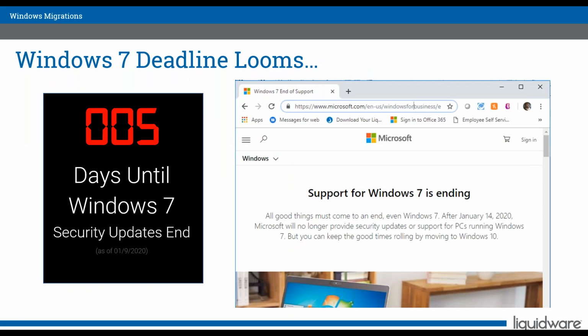Windows 7 deadline is now really among us. If we could change this dynamically, we are literally looking at minutes ticking to the end of security updates, the end of your normal support for Windows 7. 5 days, which is why we're doing this webinar today, to remind people and give them their options from a